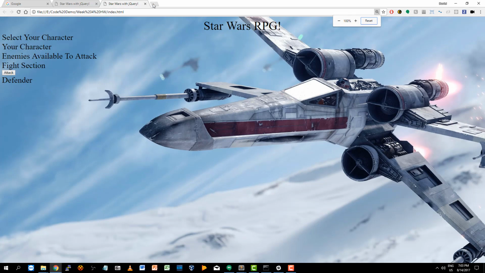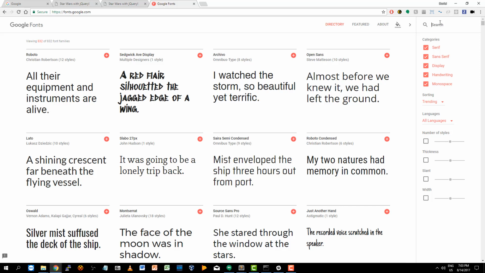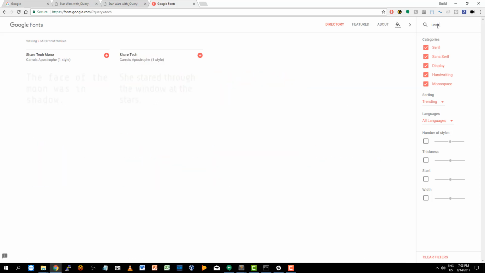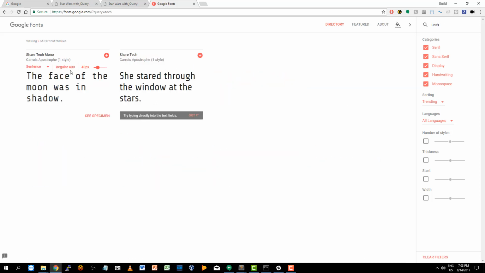Now I'm going to try to make this look a little prettier by changing the font. I'm going to go to fonts.google.com. Here I'm going to look for a tech font, and I see Share Tech Mono. I like this one, so I'm going to take it. I'm going to click on select this font,